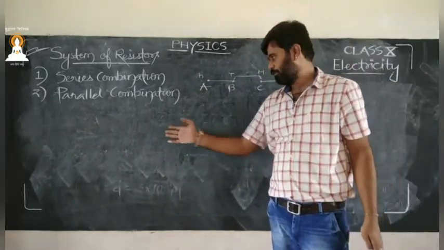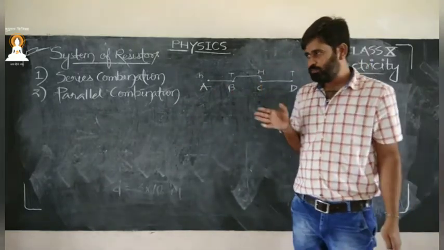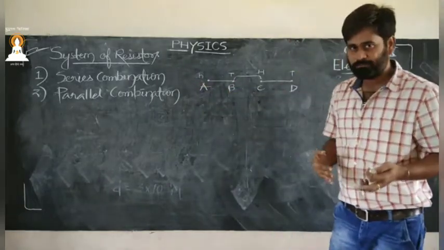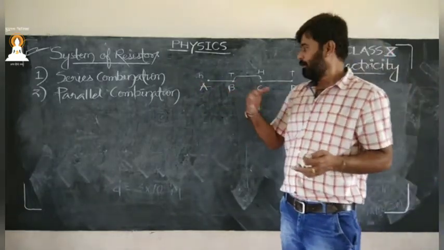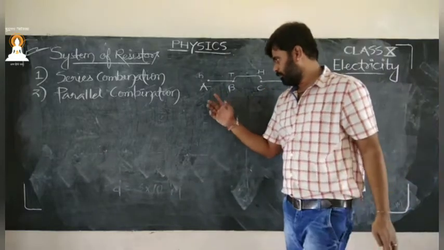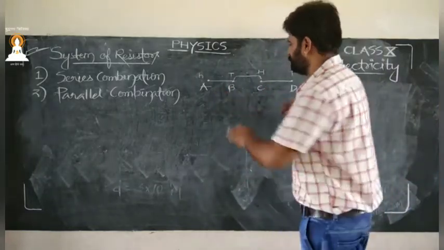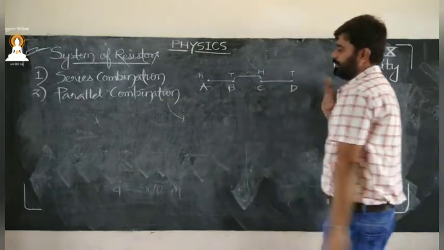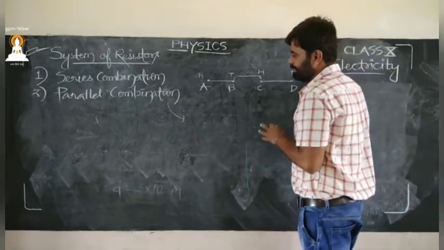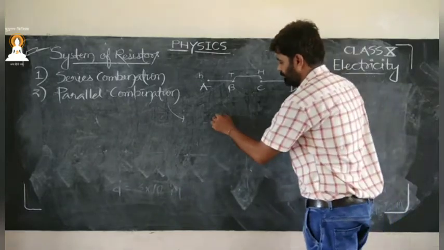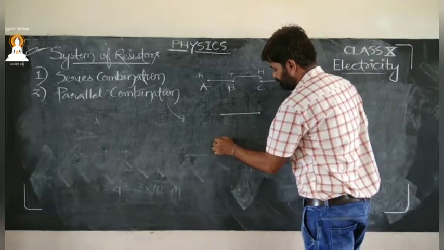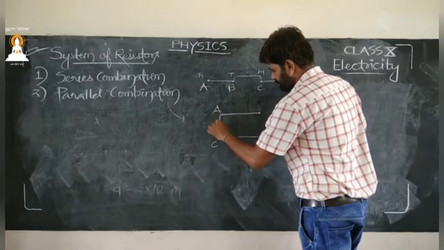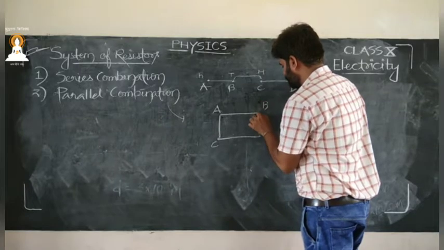We may say that when we used to stand in assembly in a particular line of a particular class, we used to arrange ourselves in series, one by one. So this is series. Now, if I talk about parallel, and I want to connect AB and CD in parallel, then I have to connect this A with this C, and this B with this D.